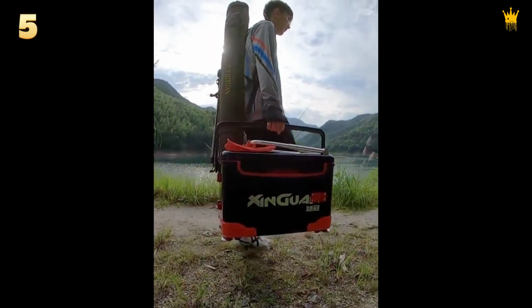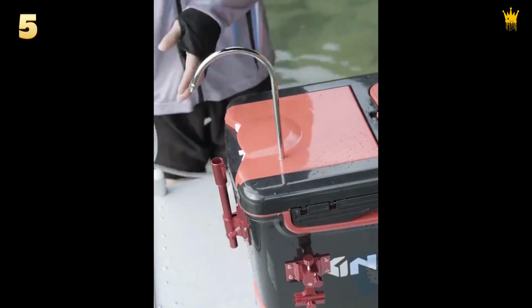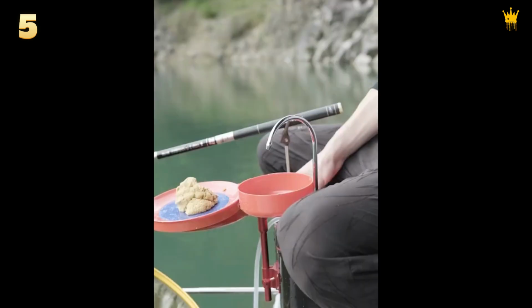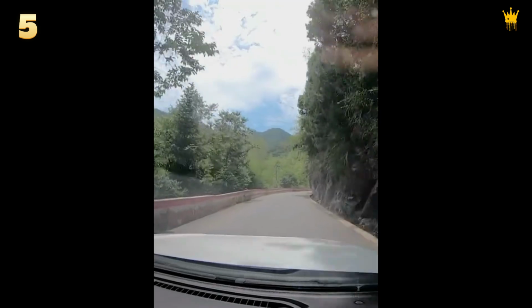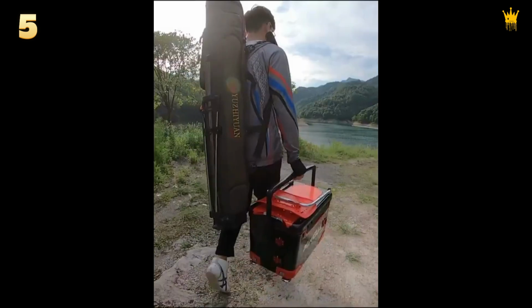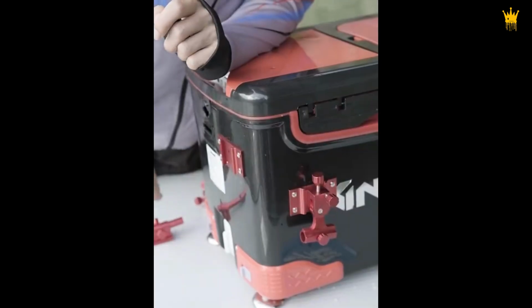Multifunction Fishing Box. The 42L Multifunction Fishing Box is the ultimate solution for anglers who need versatility and storage on the go. Whether you're out for a short fishing trip or an extended stay, this fishing gear barrel offers everything you need. With adjustable legs that range from 1 to 15 centimeters, you can easily modify the height to suit your environment. The durable ABS engineering plastic, aviation aluminum alloy, and stainless steel parts make this box both lightweight and